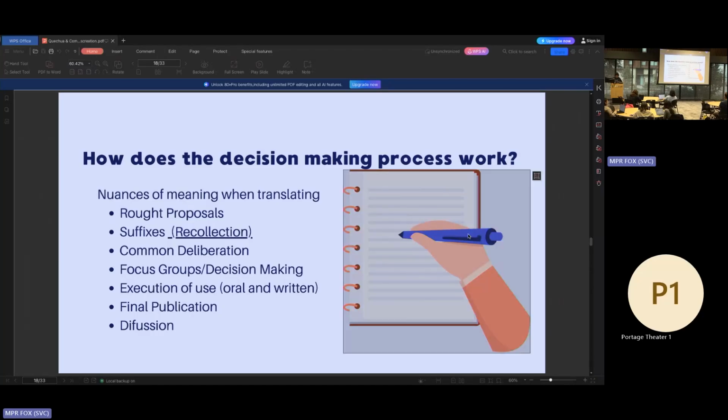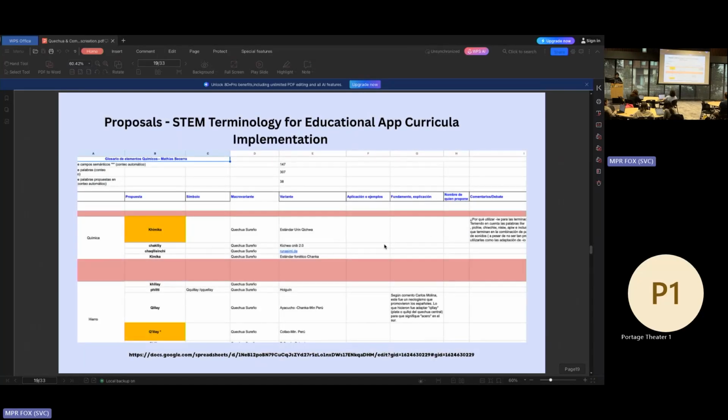Let me provide you with some. Oh, wonderful. Yeah. So here is one of the proposals, as I was saying before. In this case, we created this Excel spreadsheet, which was shared as a sort of survey to many different communities online, but also in person, so that they could write their own concepts for the words that they're proposing.